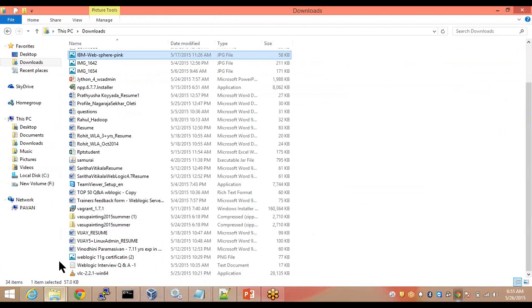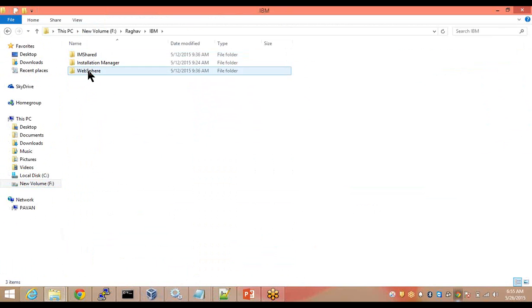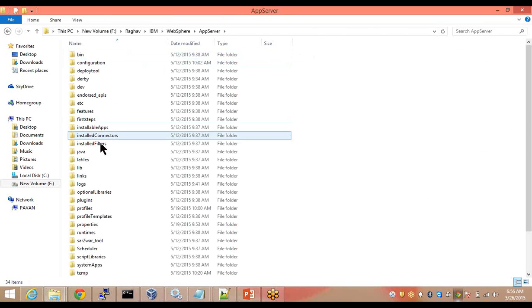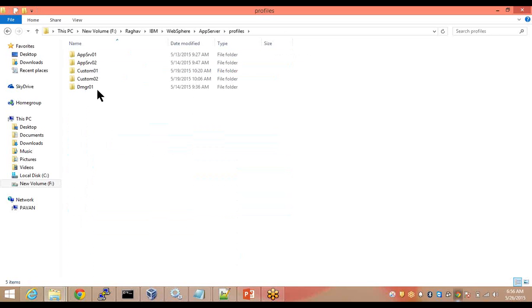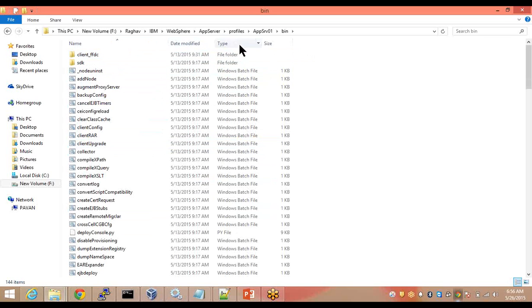Bin folder, in the sense, of the corresponding profile. In our case, it's IBM, WebSphere, AppServer, profiles, profile name, bin. Remember, this is a standard path wherever you work, in any organization, whether it is a Windows environment or a Unix environment. Normally from IBM, and before that, if it is a Unix environment,